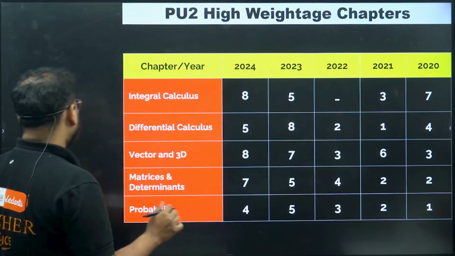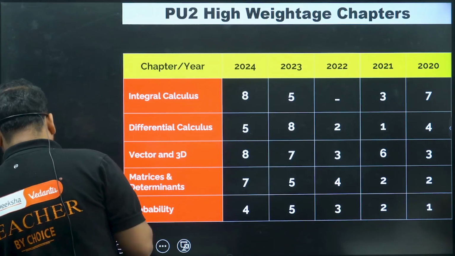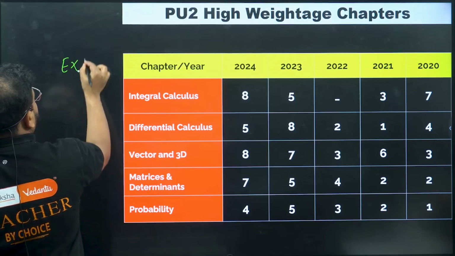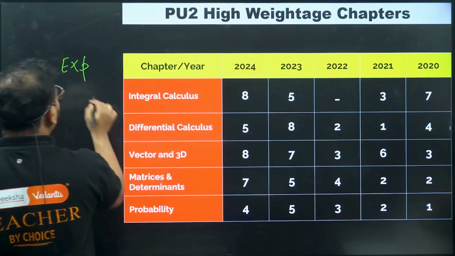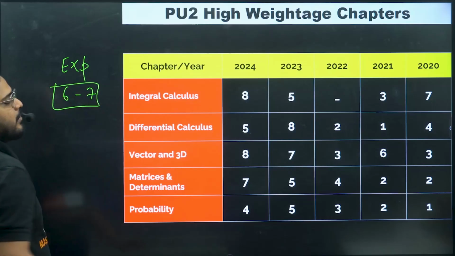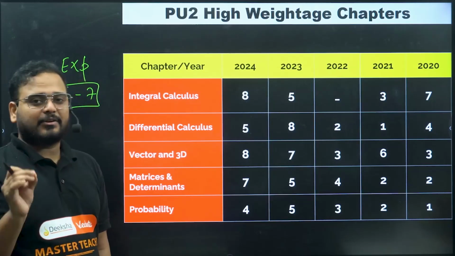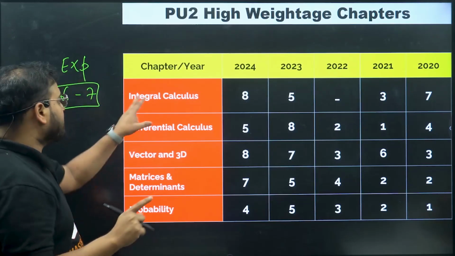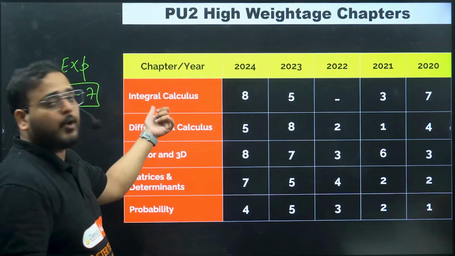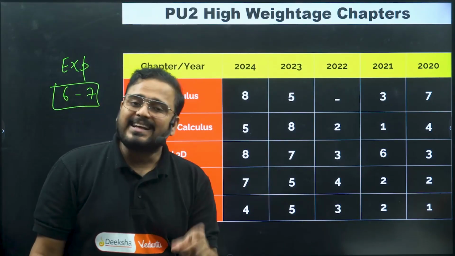Okay, so if you are asking me this year's expectation, I would say a minimum of 6 to 7 questions can be asked from this unit. 6 to 7 problems can be asked in the unit of integral calculus. It's not a chapter, it's integral calculus. It has both AOI as well. Integration of both definite and indefinite integrals as well as AOI comes in the part of integral calculus.